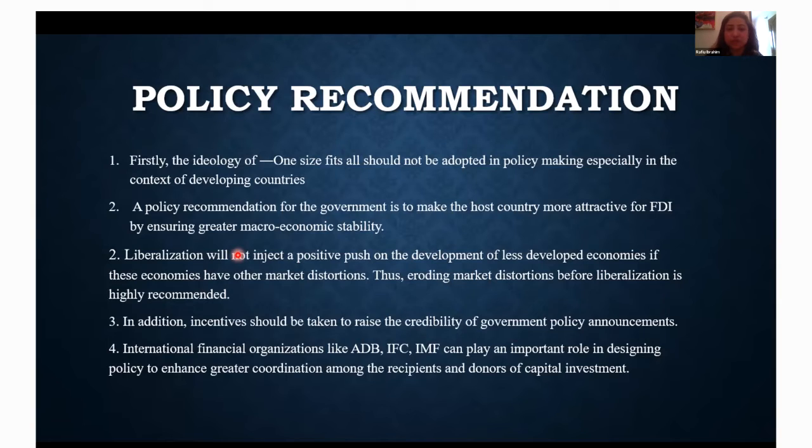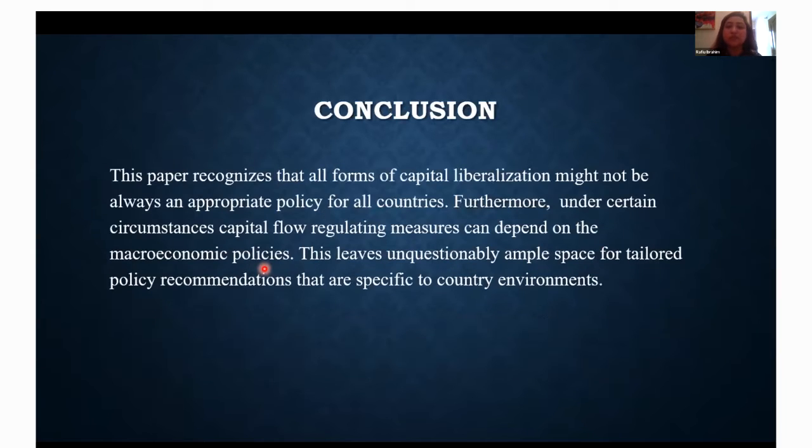I'm just gonna quickly conclude. So basically, in conclusion, we can say that in this particular paper, we have found out that capital liberalization might not be